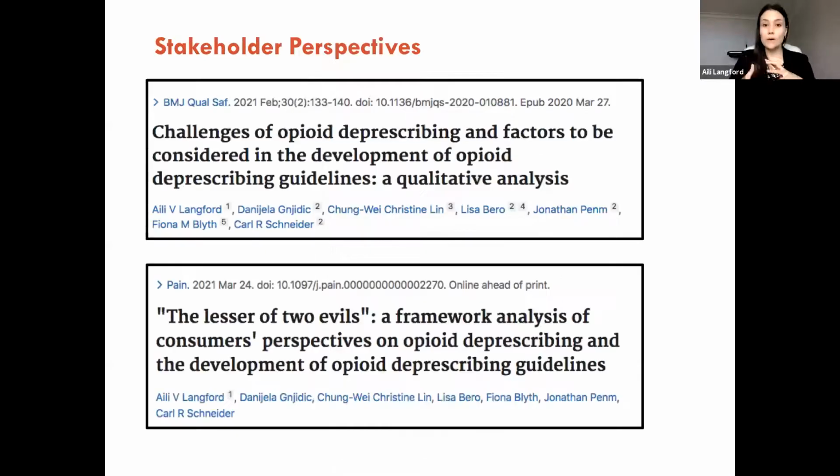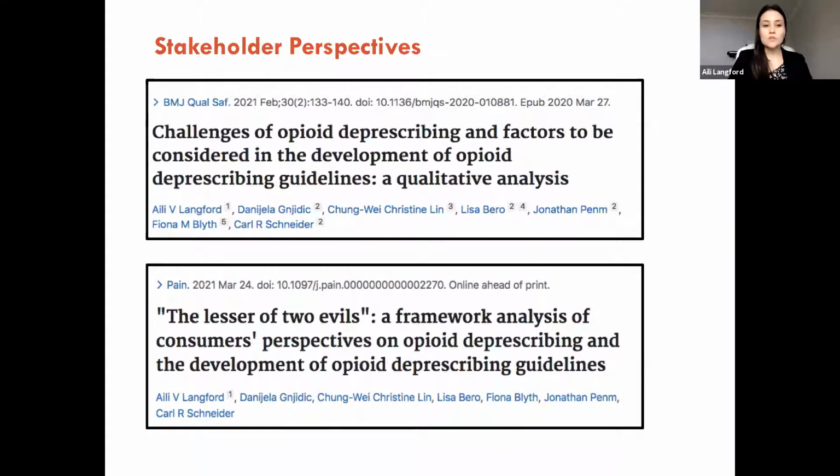So to begin with our guideline development process, we started by conducting 2 stakeholder perspective research studies. The first was with healthcare professionals, and the full paper of that is in BMJ Quality and Safety. And then secondly, we conducted a study with people taking opioids or opioid consumers. And these two qualitative studies were incredibly useful in helping us to identify the barriers and facilitators to opioid deprescribing in practice. But they also helped us to actually define the target population, the scope and the content of our